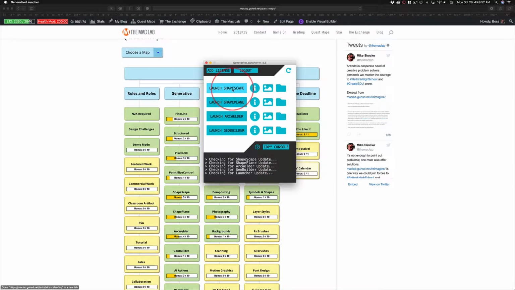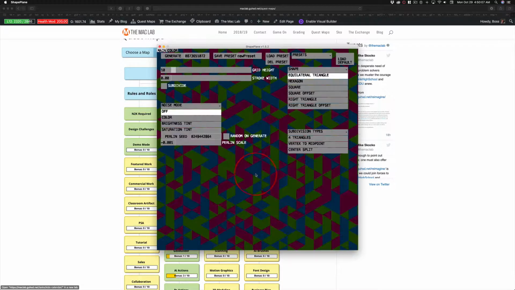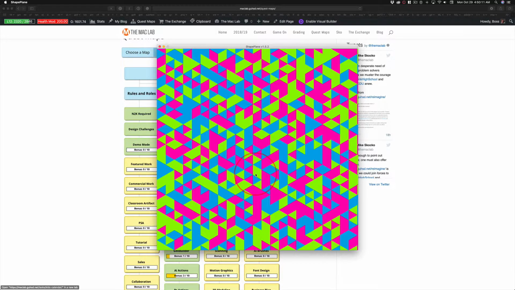As explained in the Shapescape videos, when you first launch these apps, they can take 30 seconds, 45 seconds to launch. Just be patient. Okay, I've pre-launched this one. Just like with Shapescape, the left arrow brings up the controls, the right arrow generates a new image,